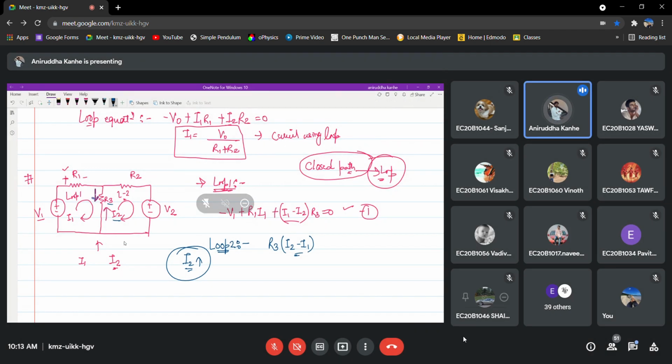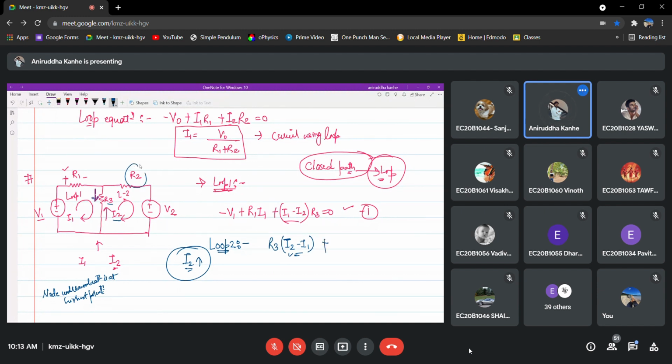So you can recall the similar set of considerations we had for our nodal analysis also. What was that? The node under consideration is at highest potential. Similarly, the loop under consideration will have the highest current in that way. So I2 minus I1 you can write instead of I1 minus I2. Why are we writing it? Because I am considering the direction of current as I2, so it has to follow it in this way.